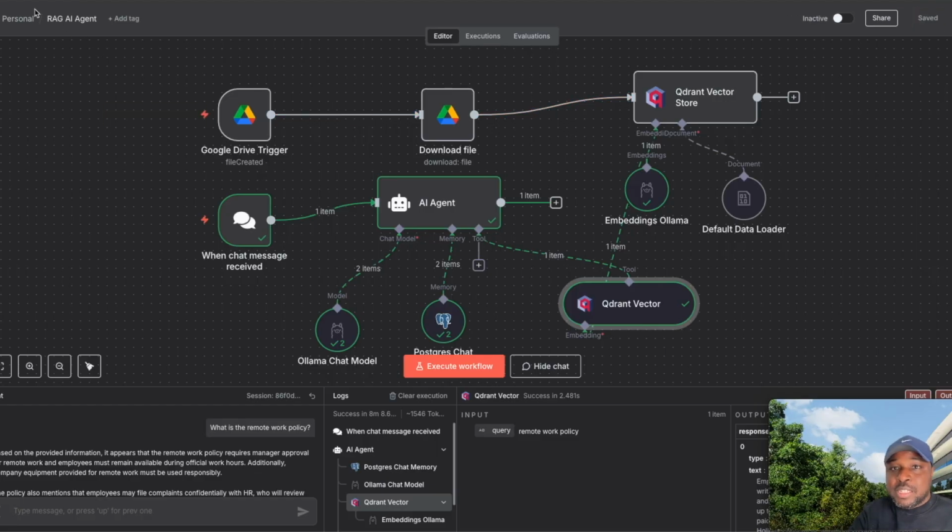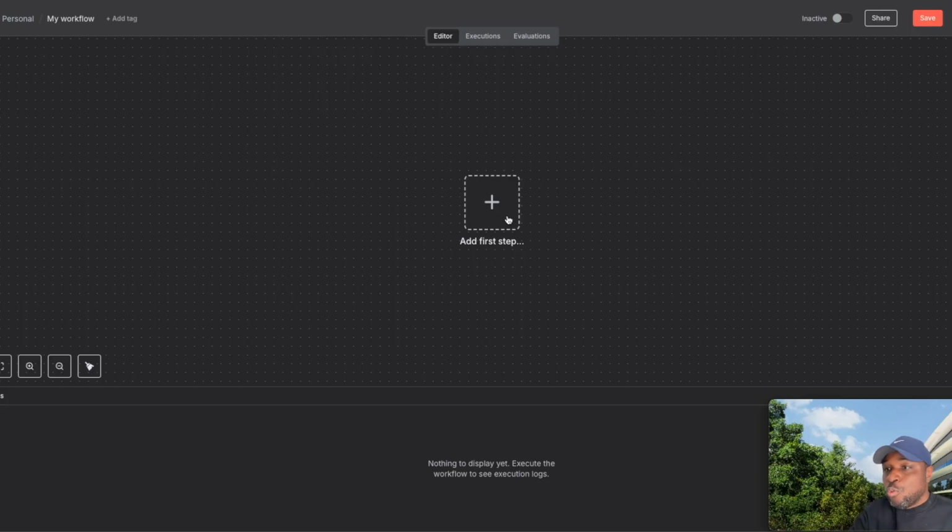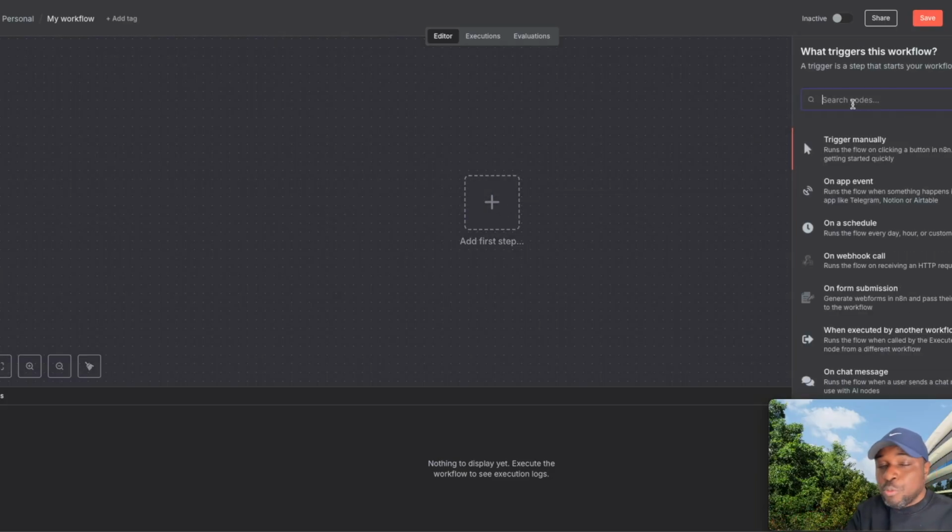So let me save this, and I want us to start from the very beginning. Create a new workflow. In this particular scenario, the document has been loaded to your Google Drive. So the first thing we need to do is to pull that document and convert it into vectors. So the first thing, let's look for the Drive,